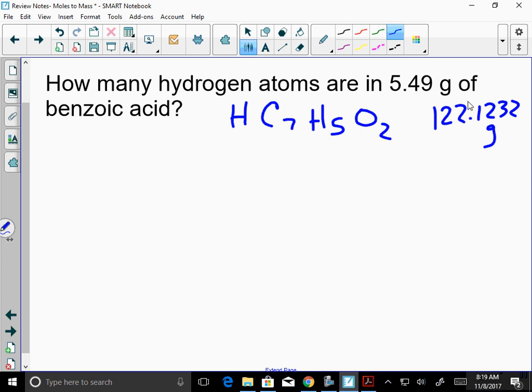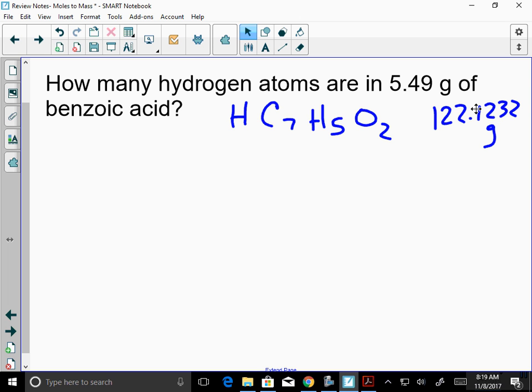I look at this and I see what I have. I have been given grams, and they ask me how many hydrogen atoms. Now this is one that I told you is going to be as good as it gets, because open up to your flux capacitor,